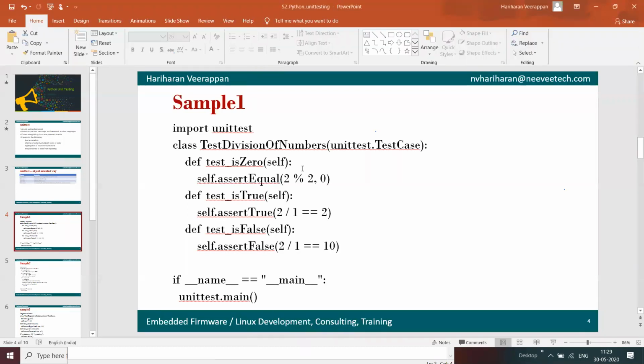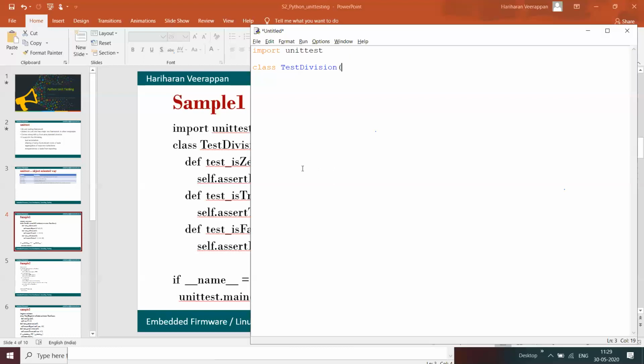For that we need to use unittest.TestCase over here.